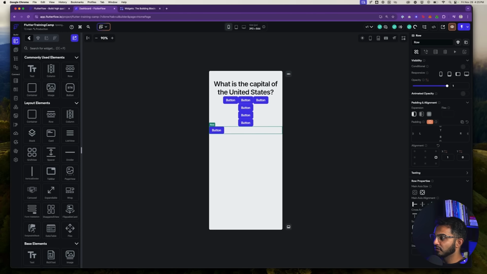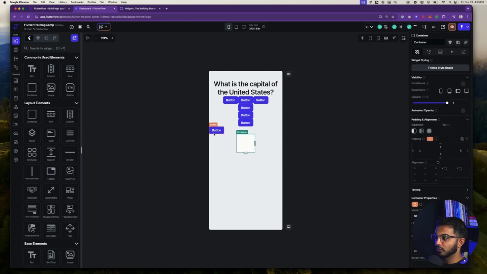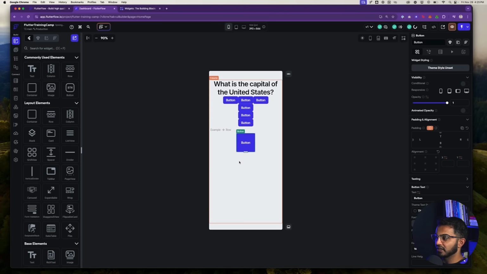And so I can use this main axis alignment feature to do that exact thing. I could use this alignment if I was using a container, which I'll show you more about in a moment. Say I place this button inside of a container, I could use this alignment tool because containers are actually bigger parent objects that allow the content inside of them to span across.